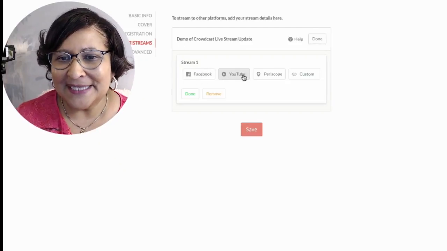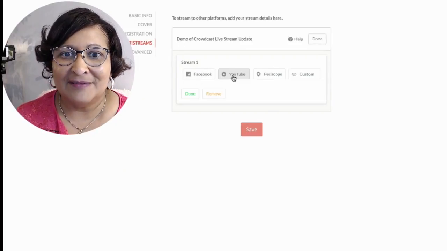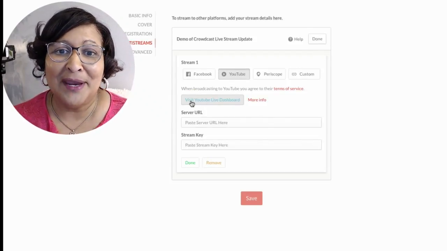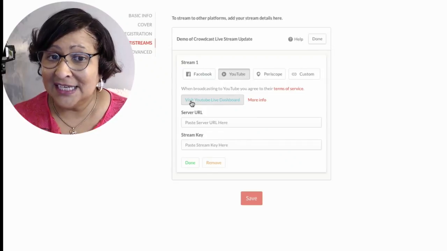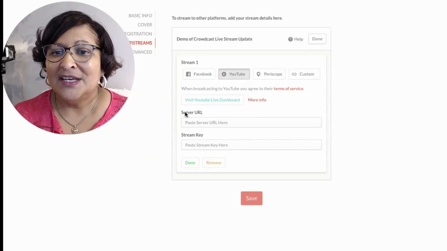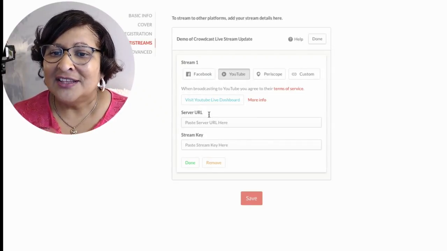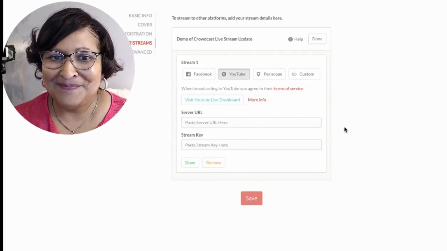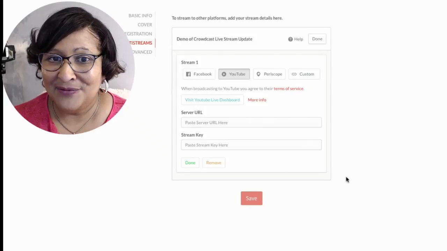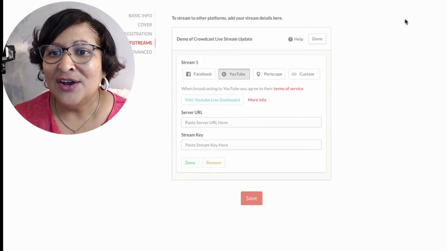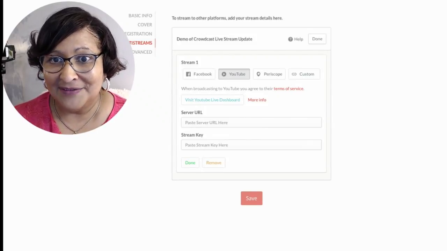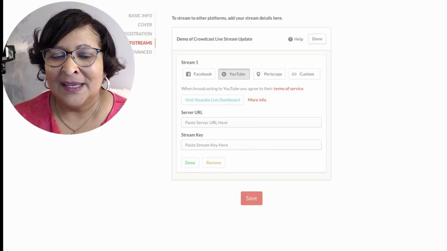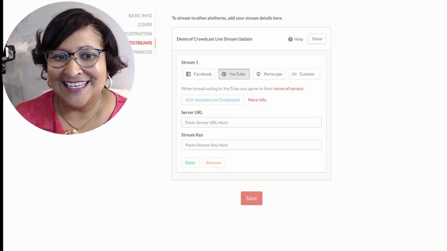And so now let me tell you what's different about going live this way. And I want to also compare this with Ecamm, because it integrates with Ecamm as well. So as you see here, this is the part where you can grab the stream key from the given platform. And you need to do that when you're going live on any of these, Facebook, YouTube, or Periscope. The difference is that when you